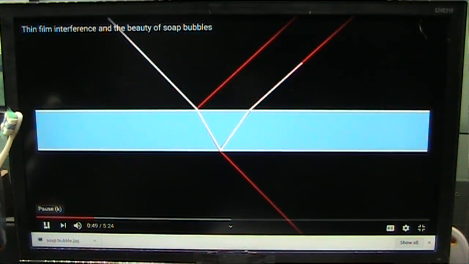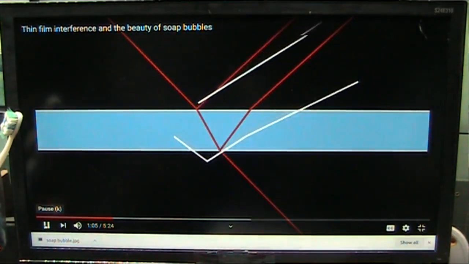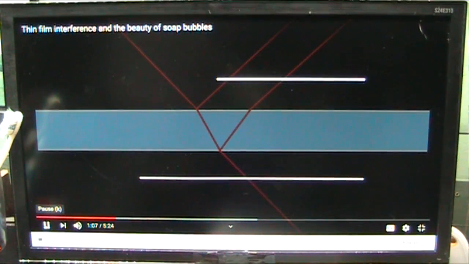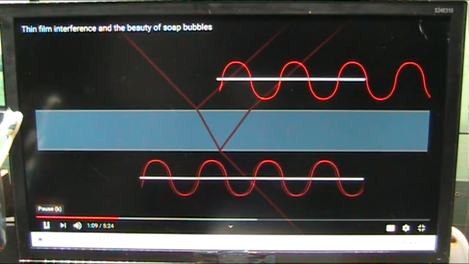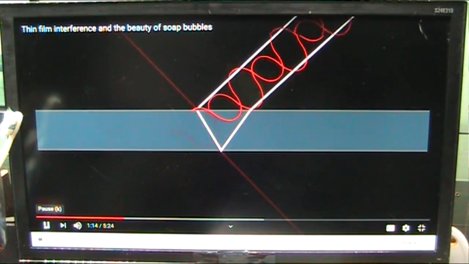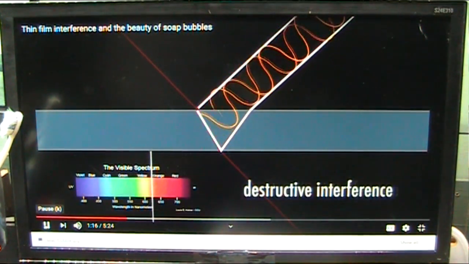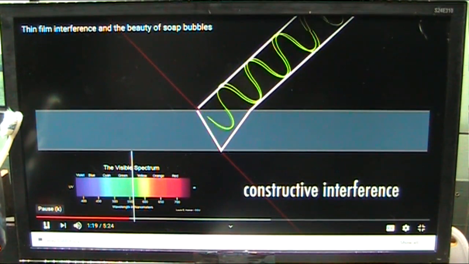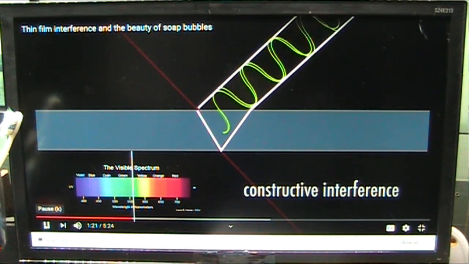Likewise, when the transmitted light hits the backside of the soap film, some of it is again reflected while the remainder is transmitted. The light that is reflected passes back through the first interface and is refracted back out along the angle identical to the first reflection. That's simple enough, but because of the proximity and the coherence of these two rays of light, they can actually interact with one another. The second light wave has to travel a longer distance as compared to the first, and as a result, the two waves may be in or out of phase. However, if they are in phase, there is constructive interference, and that particular color will be enhanced.